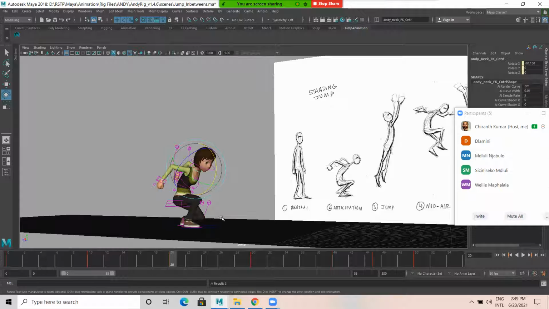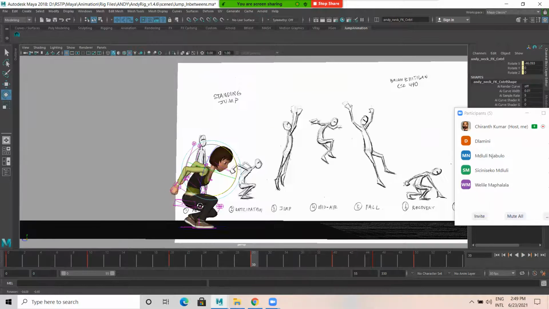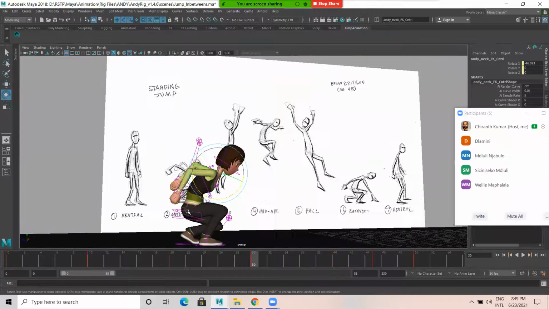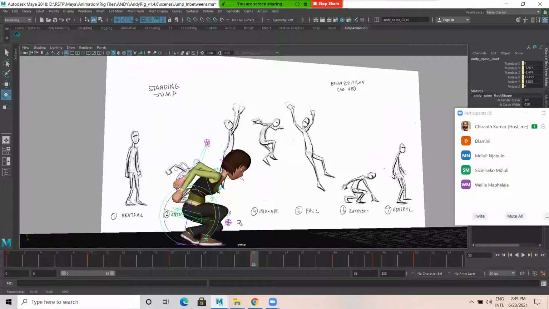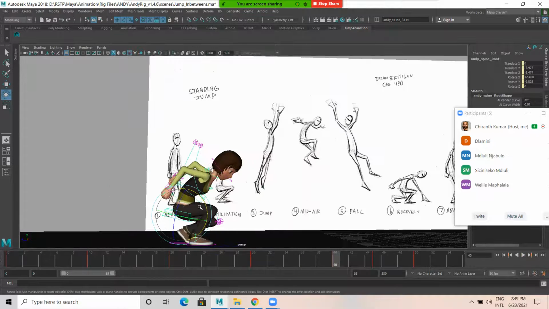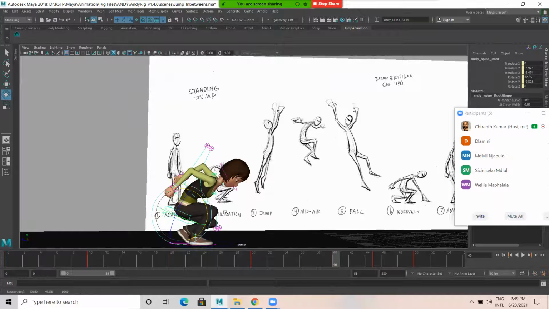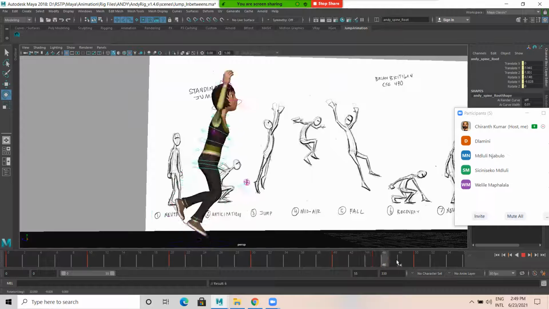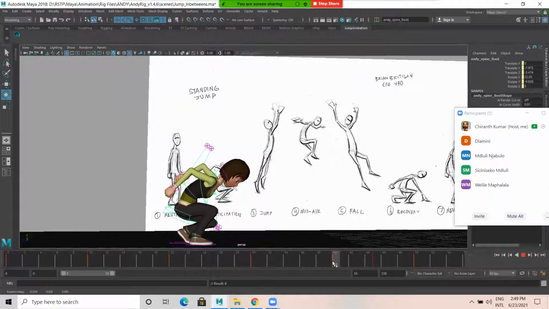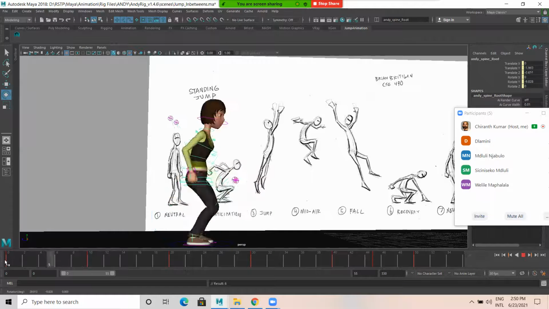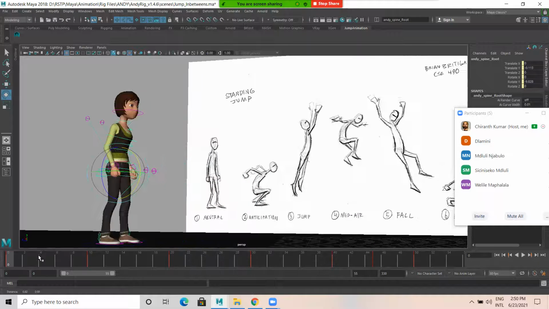Set key, 20 to 30. Body should bend a bit. Set key. 30 to 40, even more. Set key. I can bend even more. It looks good if we do this.